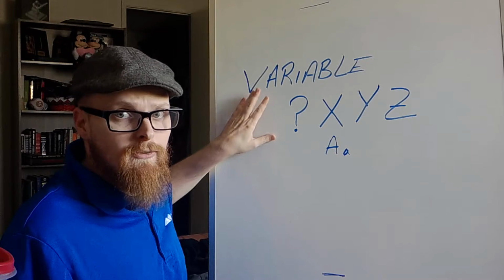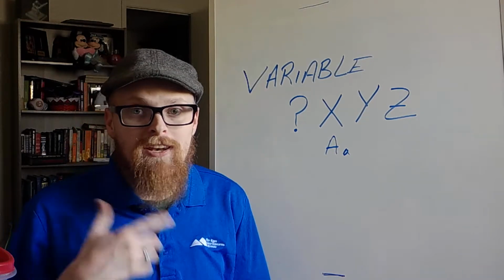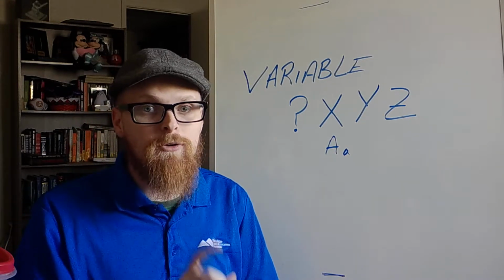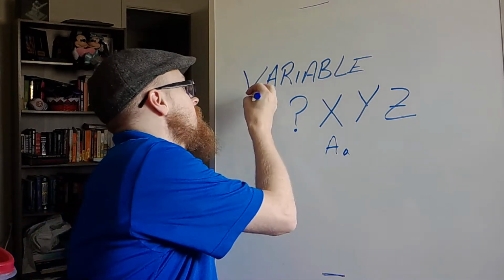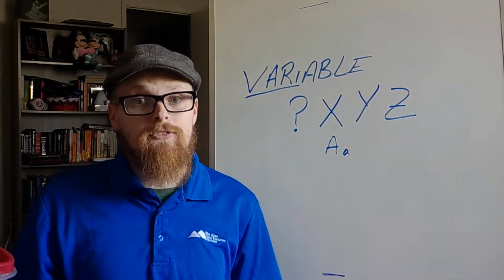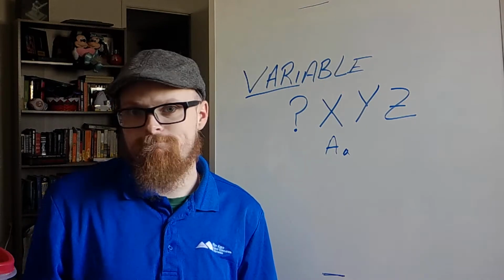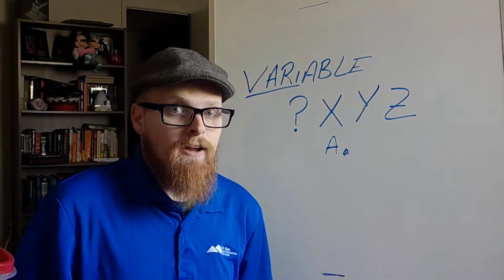That's what a variable is. It's just a letter that we stick in for a number that we don't know yet. That number could vary, right? It could be various numbers, so we call it a variable. That's all it is. Another one you will see